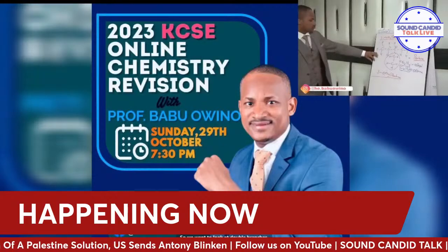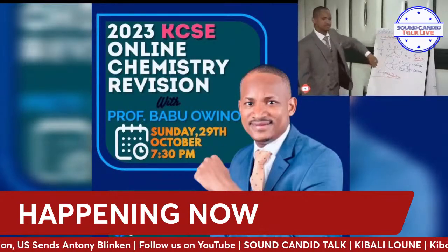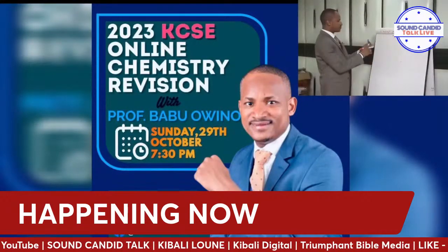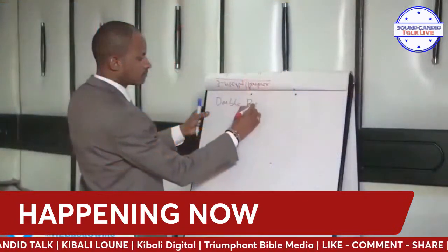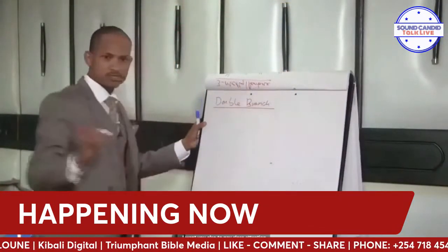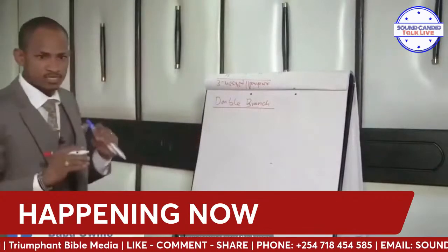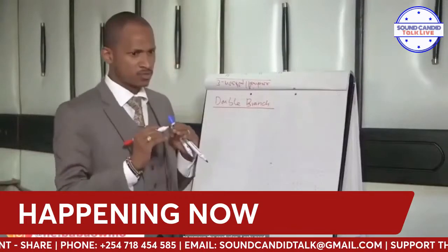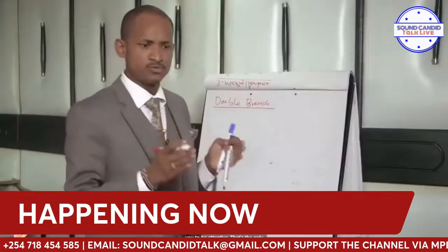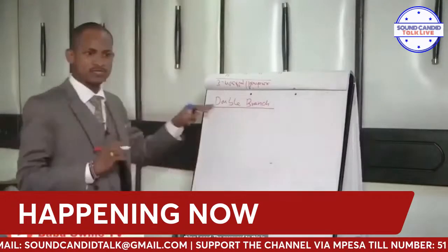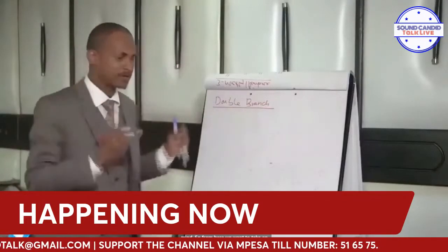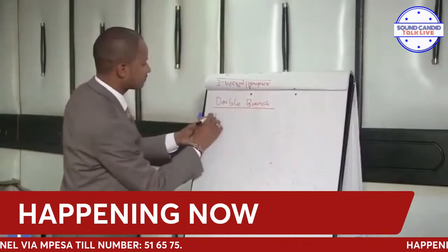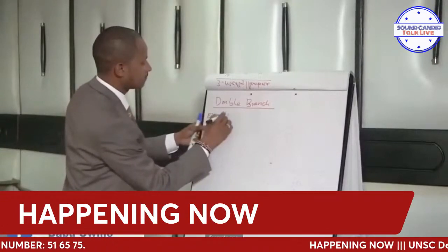So we want to look at double branches. These were single branches. So when we are looking at double branch, I want you also to pay close attention, because as we advance, they become easier, but a little bit confusing. So to remove the confusion, I only need you to be attentive. That's the only thing I need. The password to this is being attentive, and just open your mind. So from here, we want to take an example. Example 1.